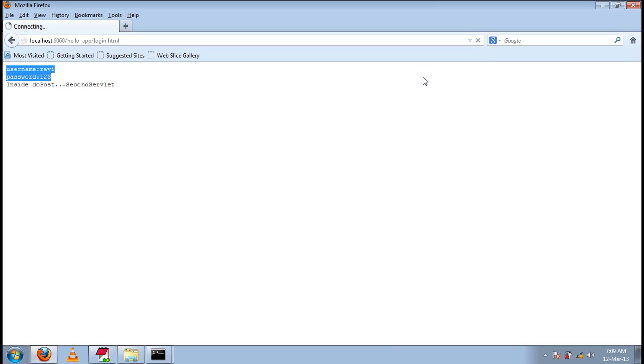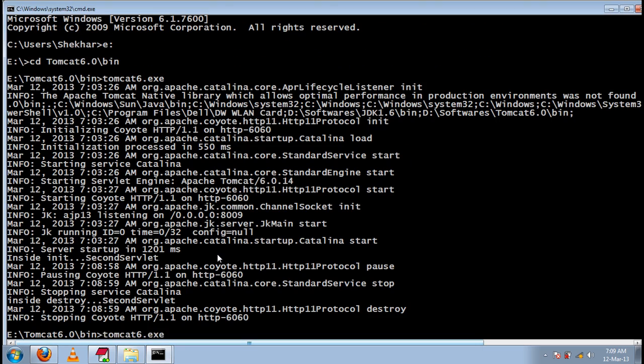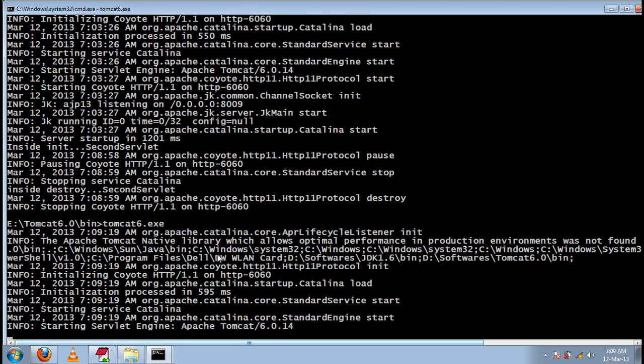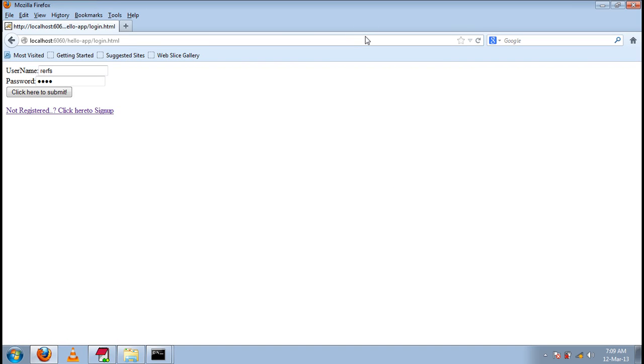I'm going to log in on HTML. Sorry, I compiled the application, but I didn't start the server. I start the server. So let me enter Rajesh as username and Reddy as password.